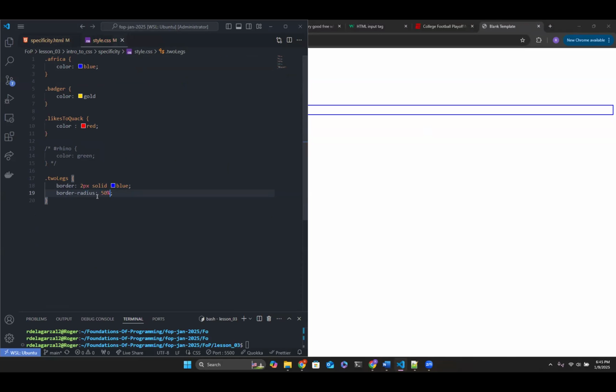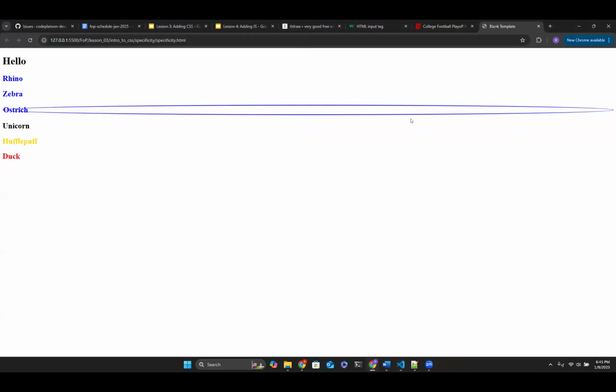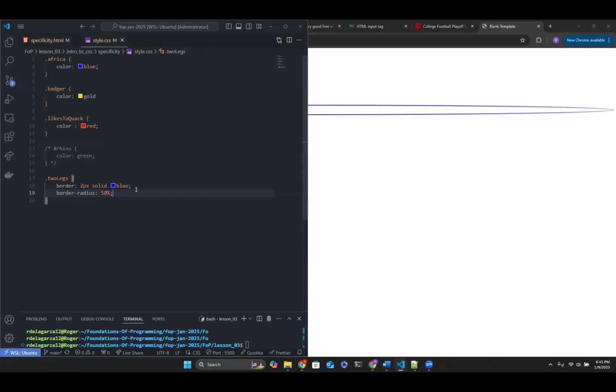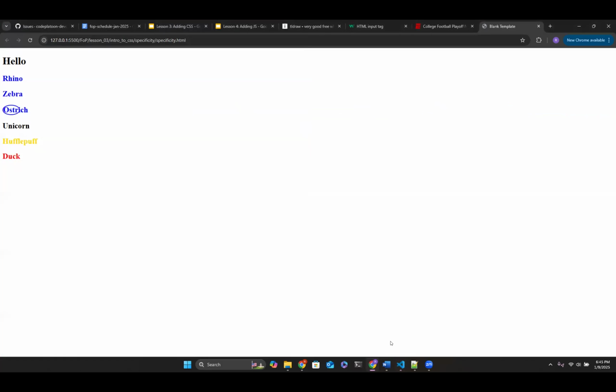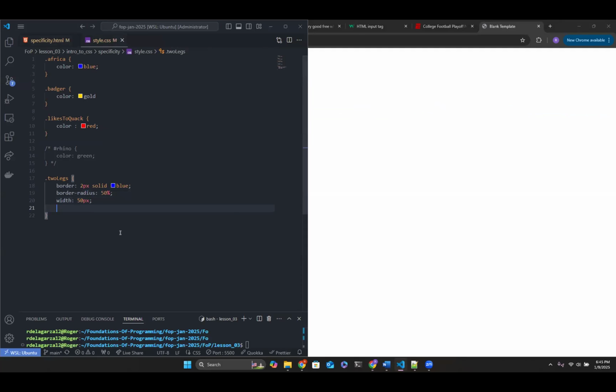I believe I set it to 50%. Because it's a very long box, it's trying to make the circle, but you see it's a little weird here. If we say the width is 50 pixels, it might look a little better. There you go, something like that. As you can see, it does impact it. We'll say height is 50 pixels.